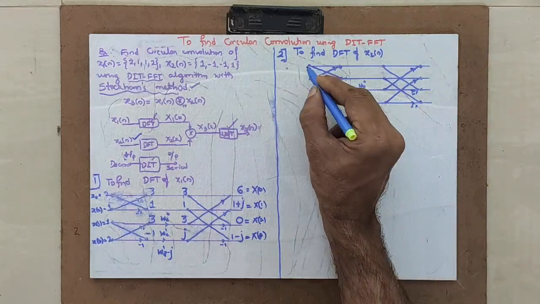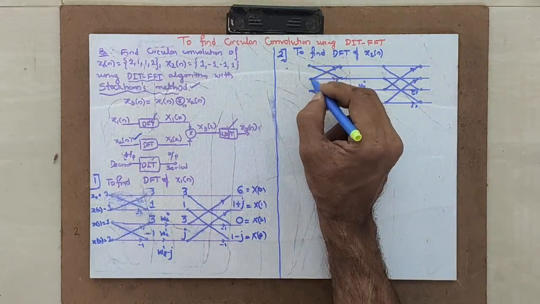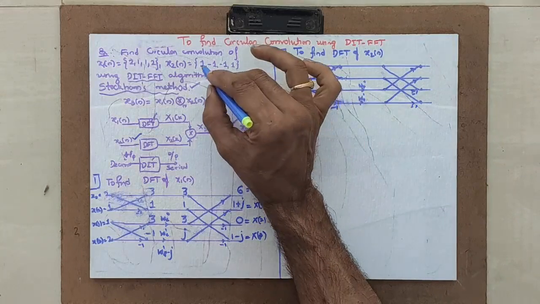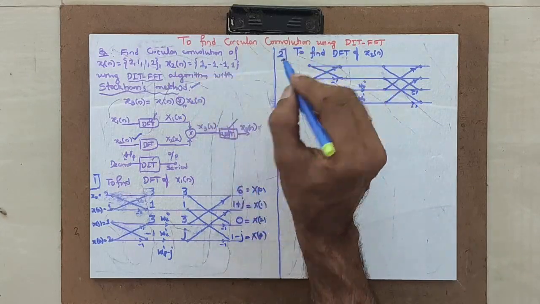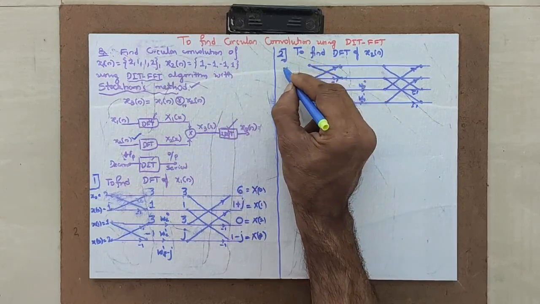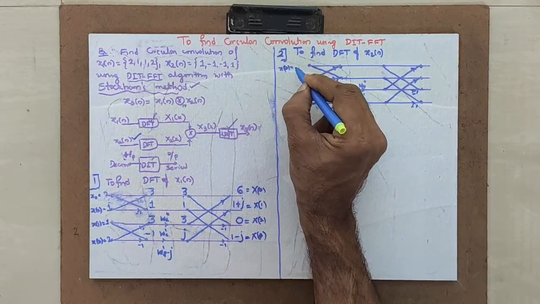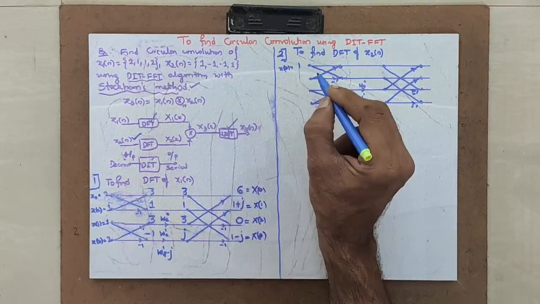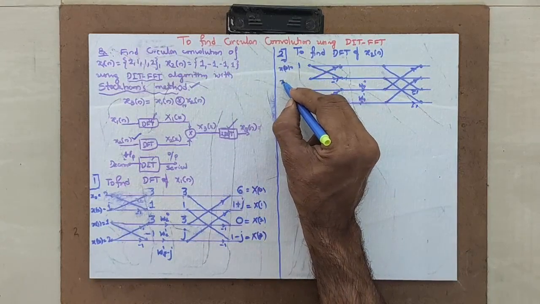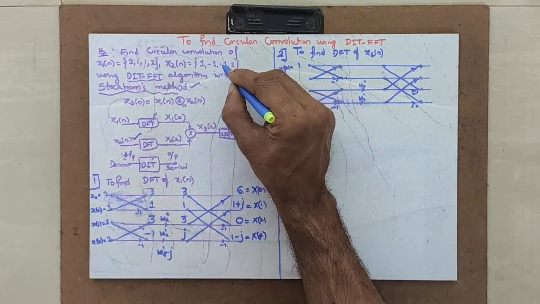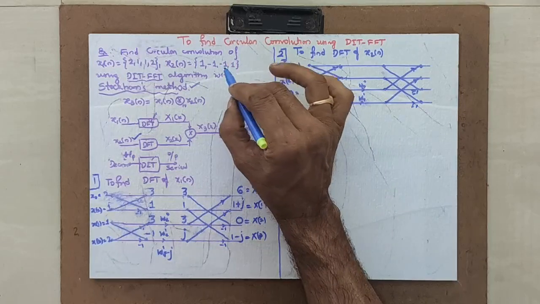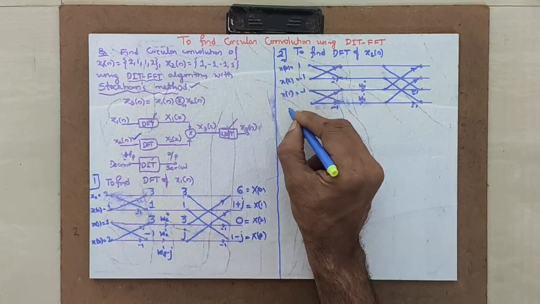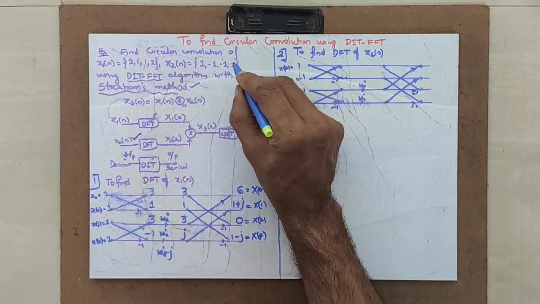Keep it in mind. Now here I am decimating the input side. That means this is x0, x1, x2, x3. I have to write that, otherwise you should be very careful while transferring the data. That's what I am requesting you. x0 is equal to 1, referring to the second signal. x2 is equal to -1. x1 is equal to -1 and x3 is equal to 1.